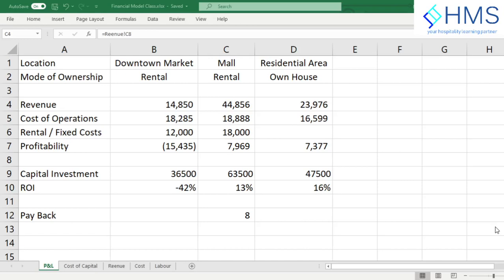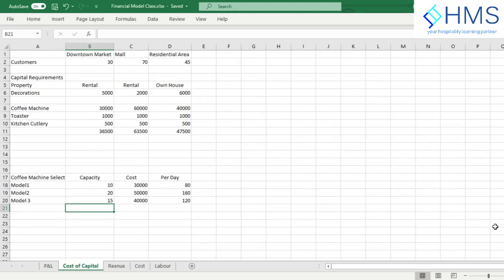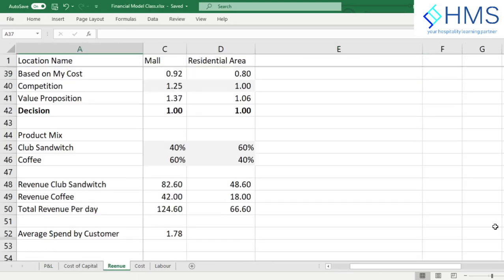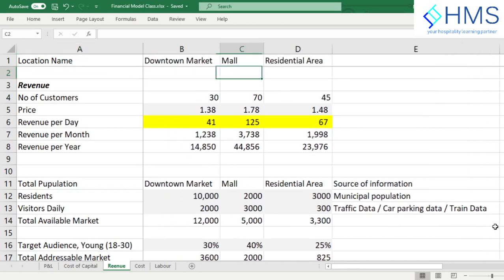In the previous module section, we discussed how to make a choice between different value ideas that we may have. In a case study, we were evaluating a decision on where to open the restaurant, I mean, selecting the restaurant. So we may have an idea to open a restaurant in a downtown market, a mall, or a residential area, and we then evaluated how the revenue and the expenses in each of these make a difference because of the way of the revenue selection between